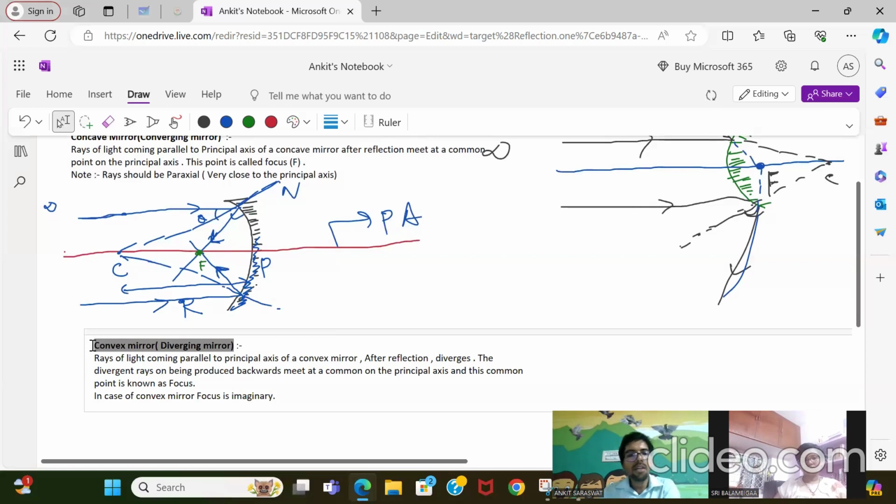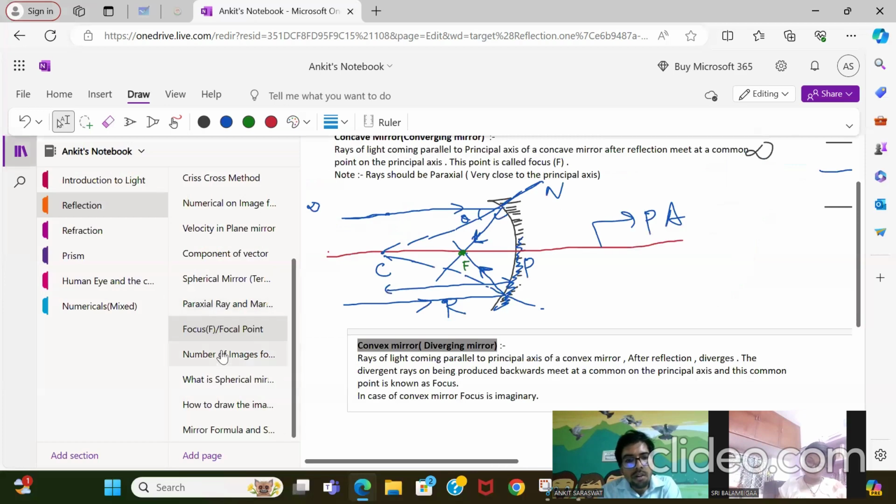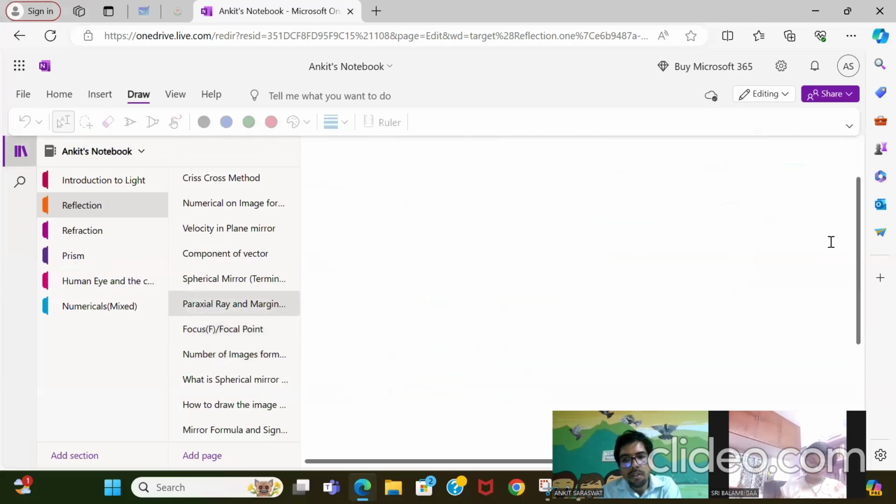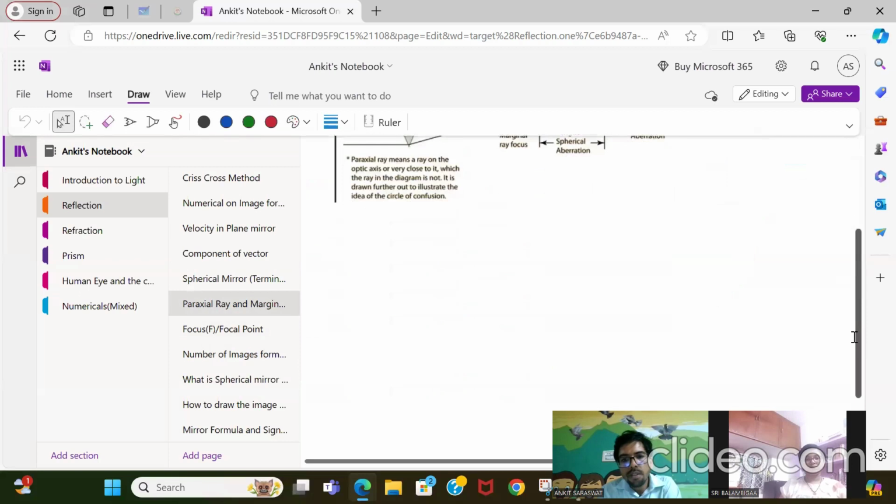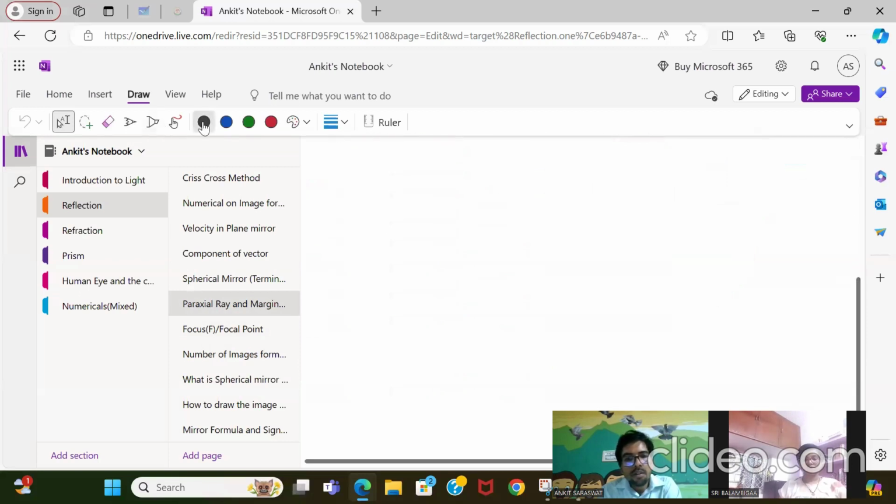Now I will explain why. What is the meaning of paraxial and marginal? Why should rays be paraxial? Why is it marginal? So I will explain this. Now understand, this topic is very important. Please see here. For example, I am having